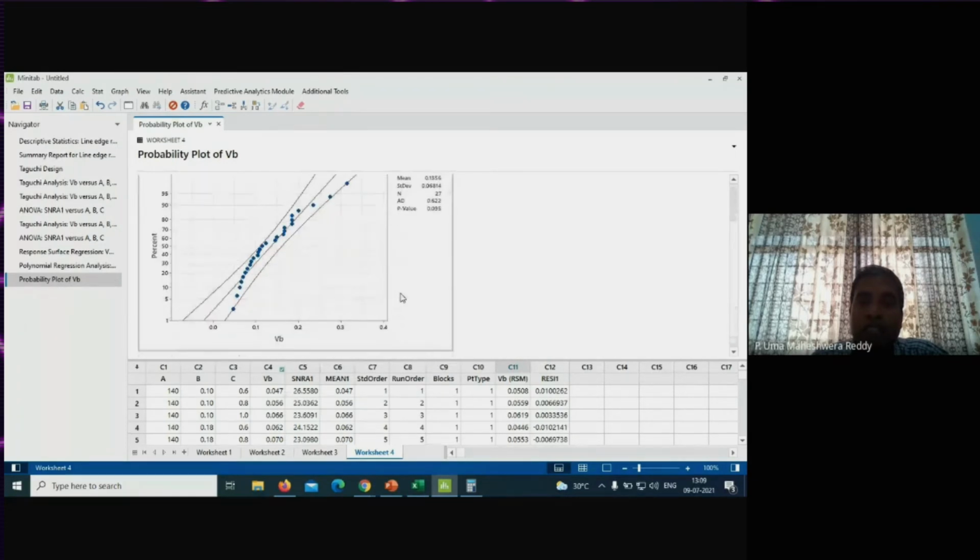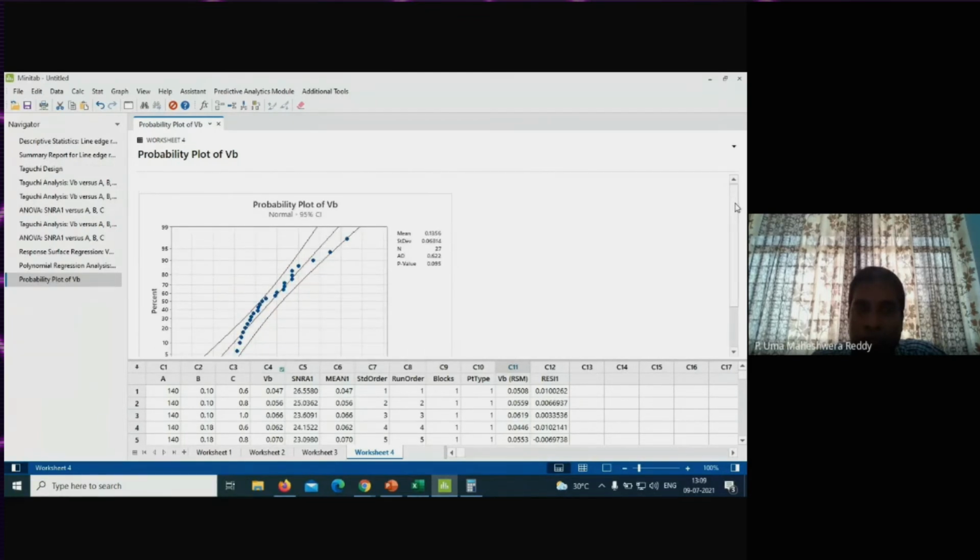Yeah, you see here. So now the inference is very, very important. Using Minitab, you can do data analysis. That is one way of analyzing the data. The second one is you need to conclude from the data. You need to interpret the results. Now from this analysis, what do you understand? Let me move this. Okay.